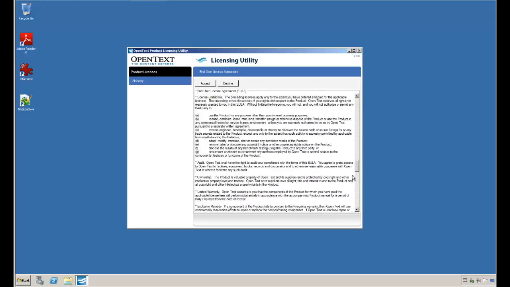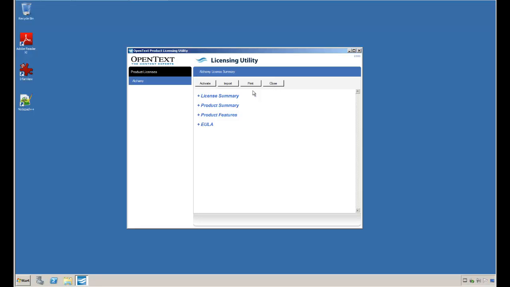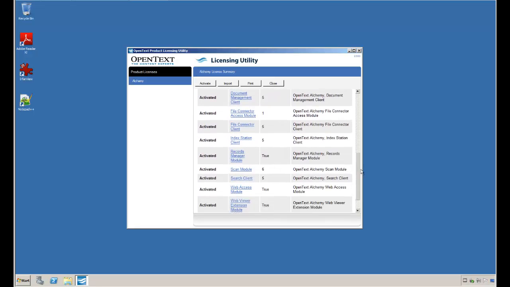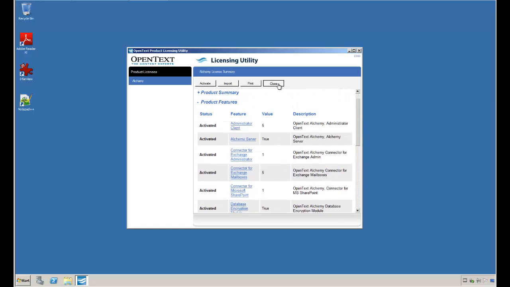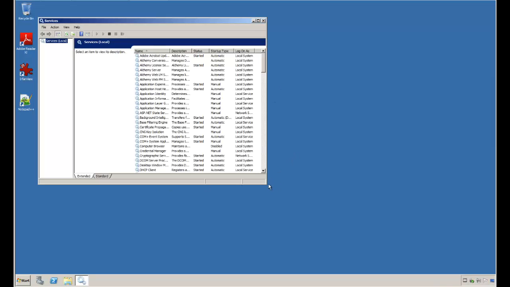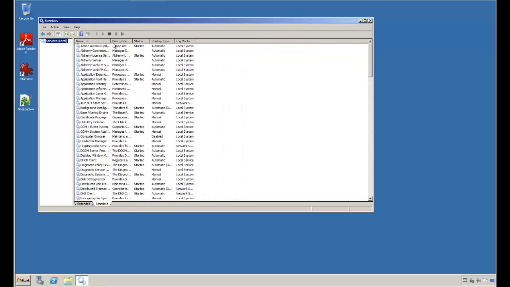I click the Accept for the license agreement, and now I can see a product feature summary. As you can see, the evaluation license is good for 30 days and gives you quite a bit so you can test. Now I will open up Services, and because this is a virtual machine, I need to